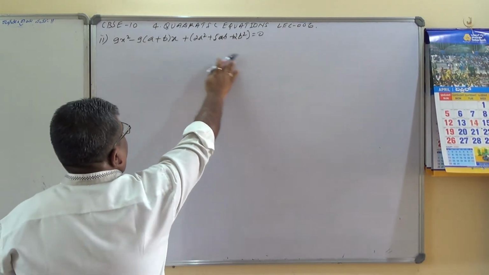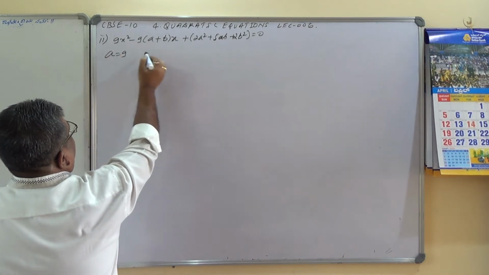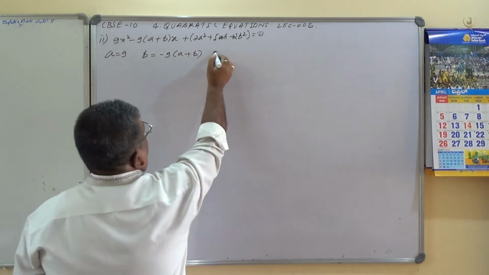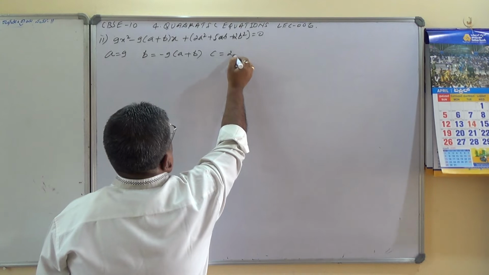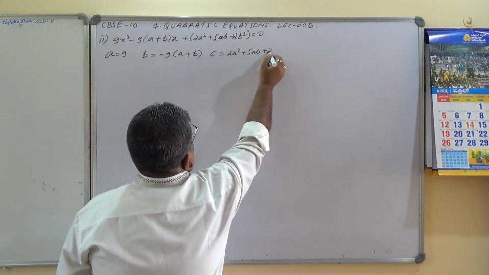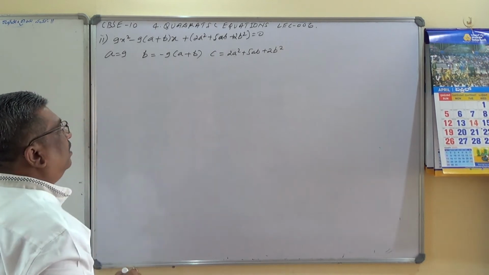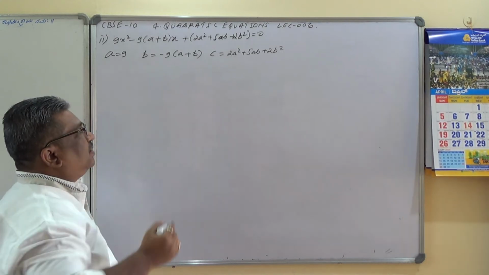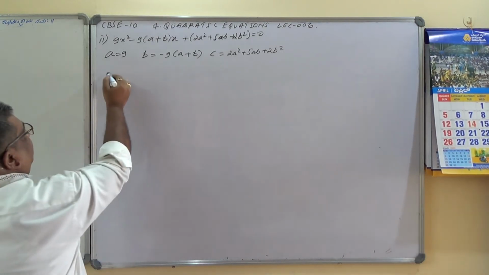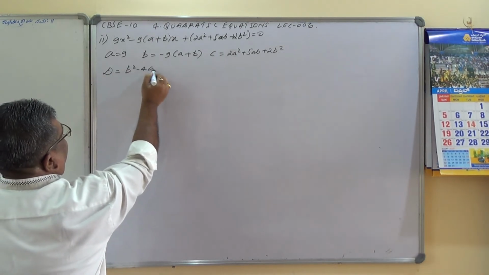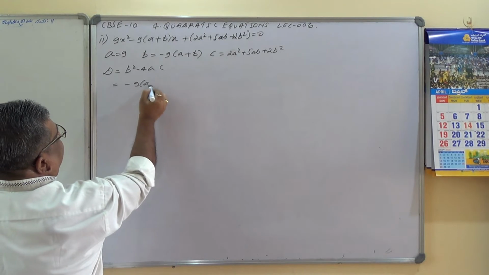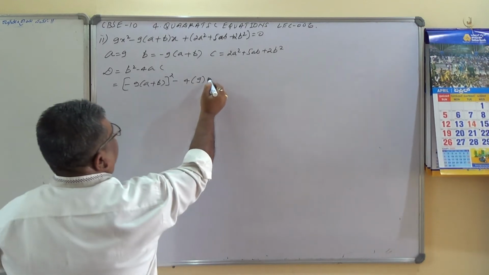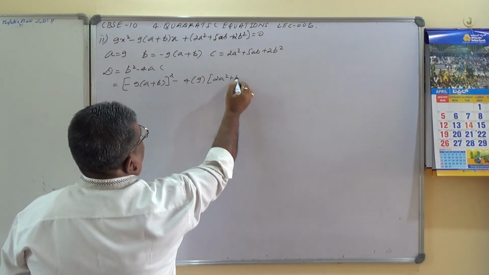By comparing with ax² + bx + c, a equals 9, b equals −9(a + b), and c equals 2a² + 5ab + 2b². First I will work out the discriminant, which is the critical component here, because the constant term is quite long. So let me find the discriminant. D equals b² − 4ac, which is (−9(a + b))² − 4 times 9 times (2a² + 5ab